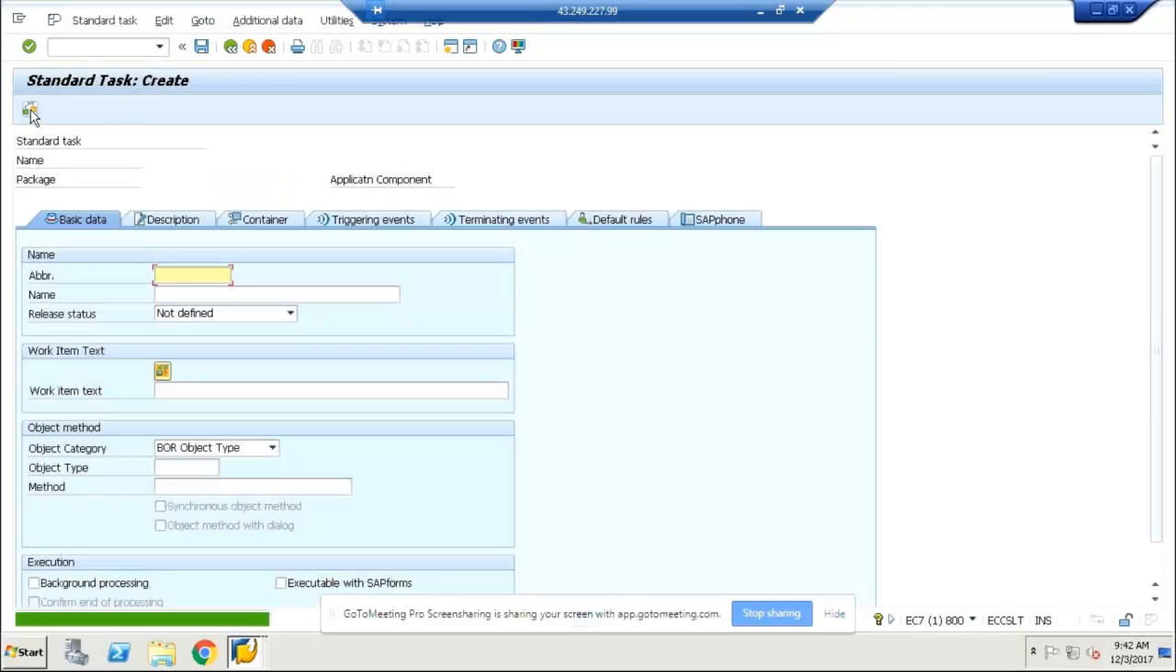Okay, so we can give abbreviation. So with this we can identify the task when we are going to use this task in a template, we need to identify it with this abbreviation. I'm going to define it as ZWF display. Okay, so this is the name I want to give. So the description name I'm giving is sales order